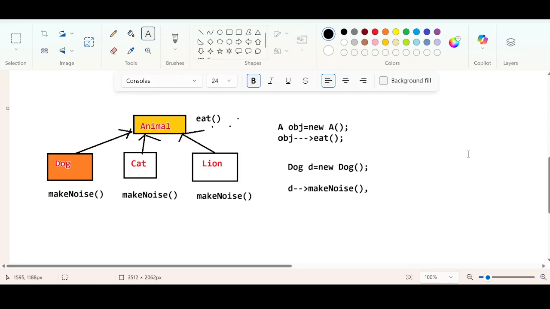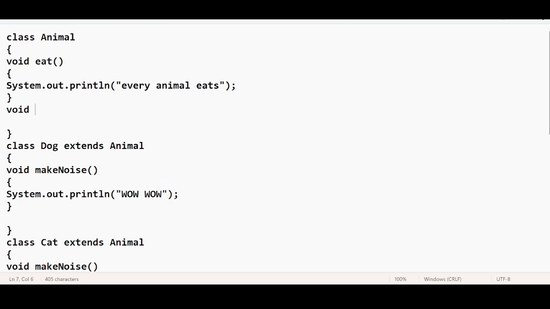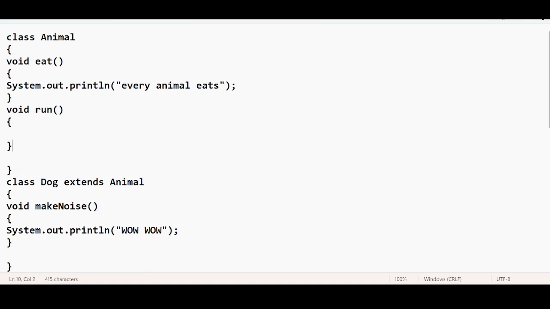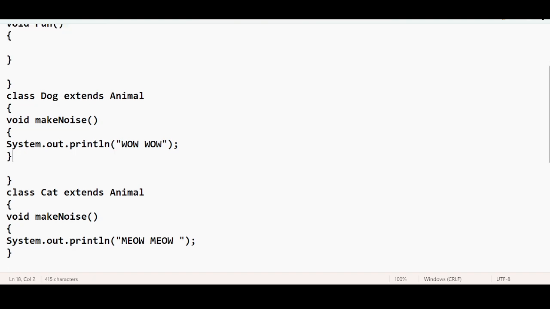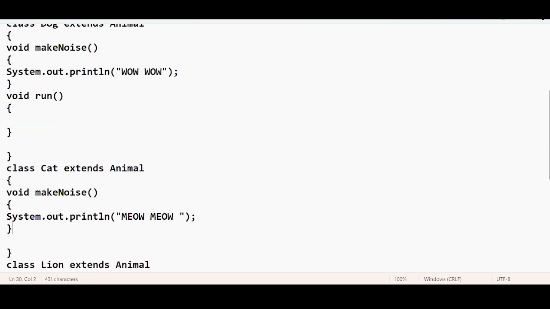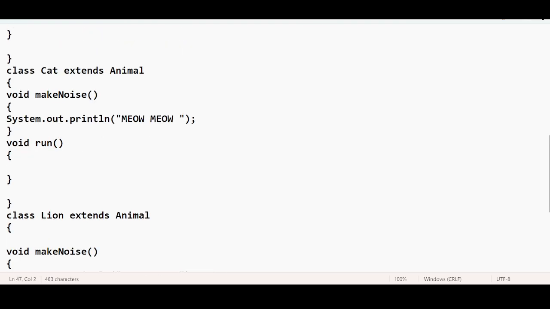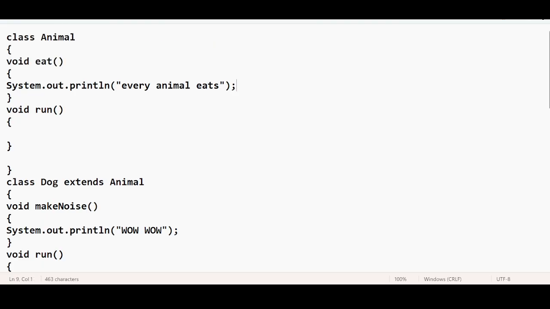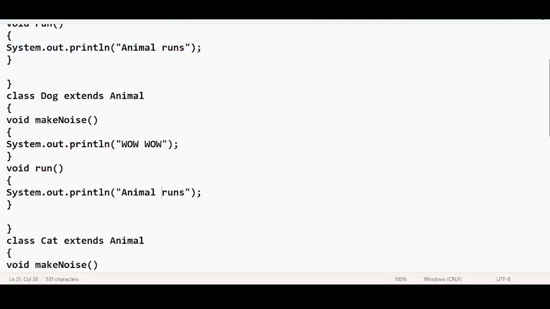One more thing I am going to take: let me say I am taking a common method like void run method. This run method is common to animal as well as all the subclasses. There is a run method in the dog class, in the cat class, and in the lion class. In the animal class run method, I'm going to print something like animal runs. Under each subclass implementation, I'm going to have an implementation like dog runs,